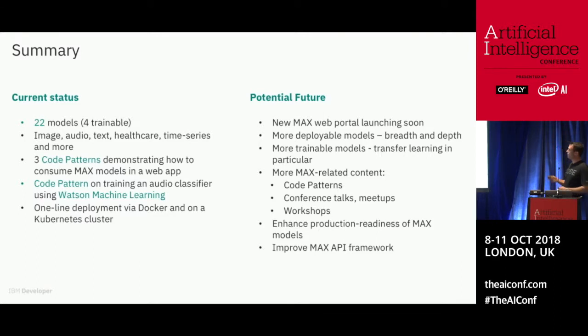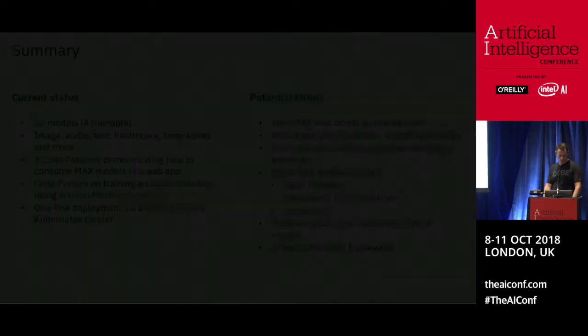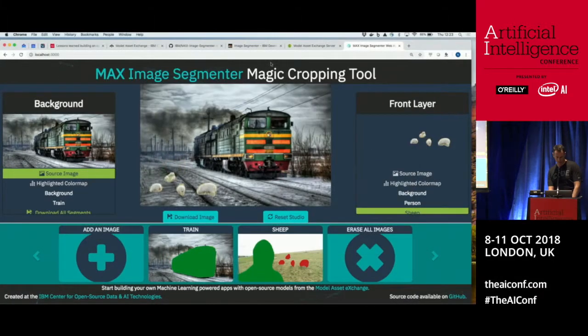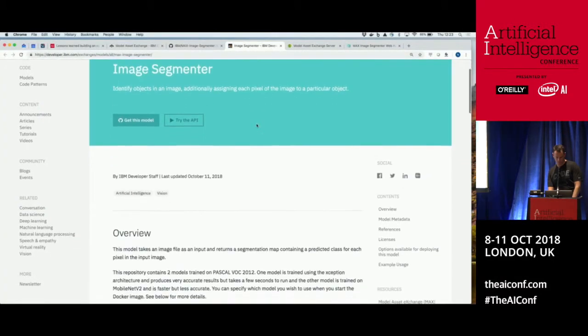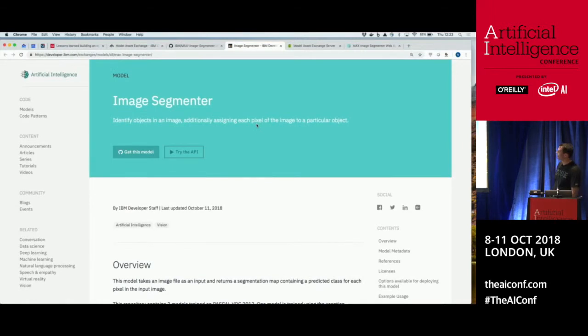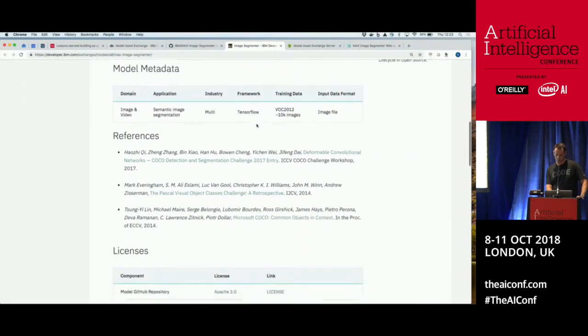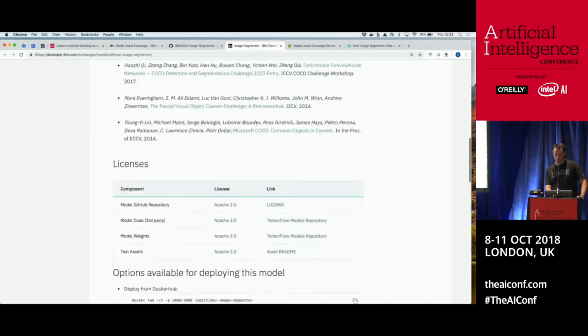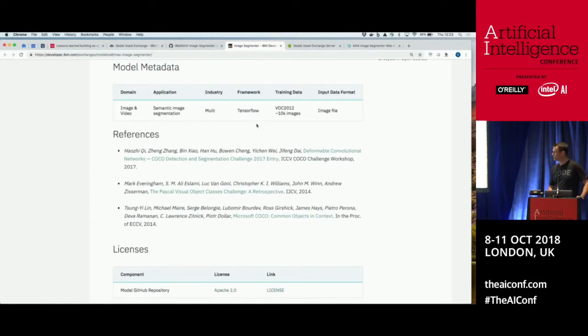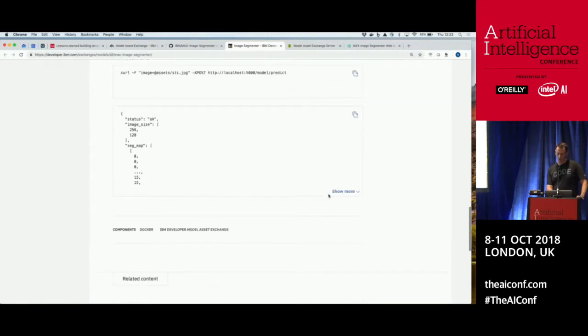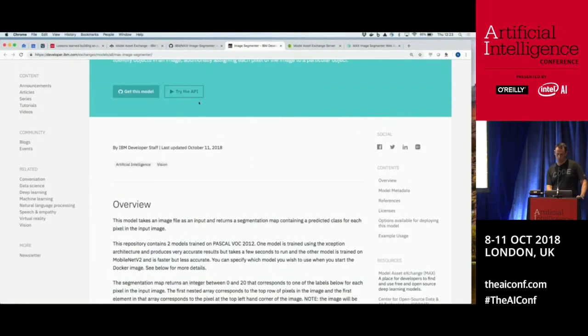In the future, we've got a new Max web portal, which will be launching soon. I'll actually just show you, again, a sneak preview of that. So this is an example of a model landing page. You can come along here, and it's got pretty much the same information in terms of the model metadata, licensing around that, as well as quick one-liner deployments and example use cases.